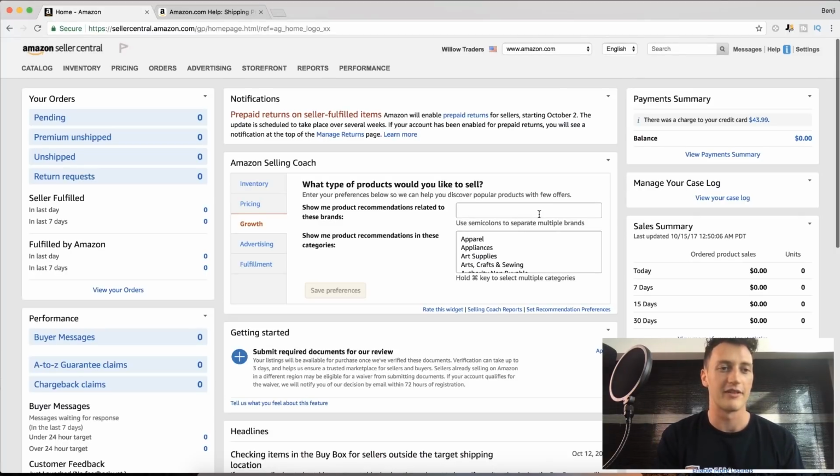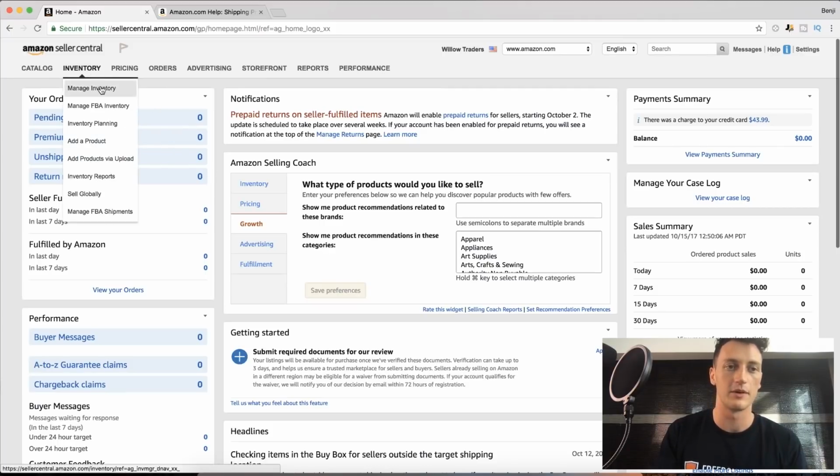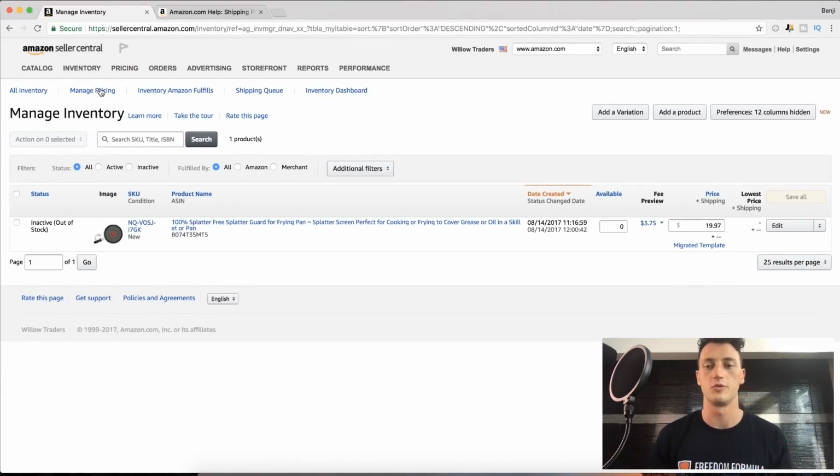As you can see on my screen right now, I'm inside my Amazon seller account. The three things you need in order to send your first lot of shipments into Amazon: one, you're going to need to have set up your account. Number two, you're going to need to have listed your item. So if I come over to manage inventory, you'll see that I have a token item listed. We don't actually sell this. We made this item to demonstrate what we can do in our course. I don't actually sell it, but I'll show you how I would send it in